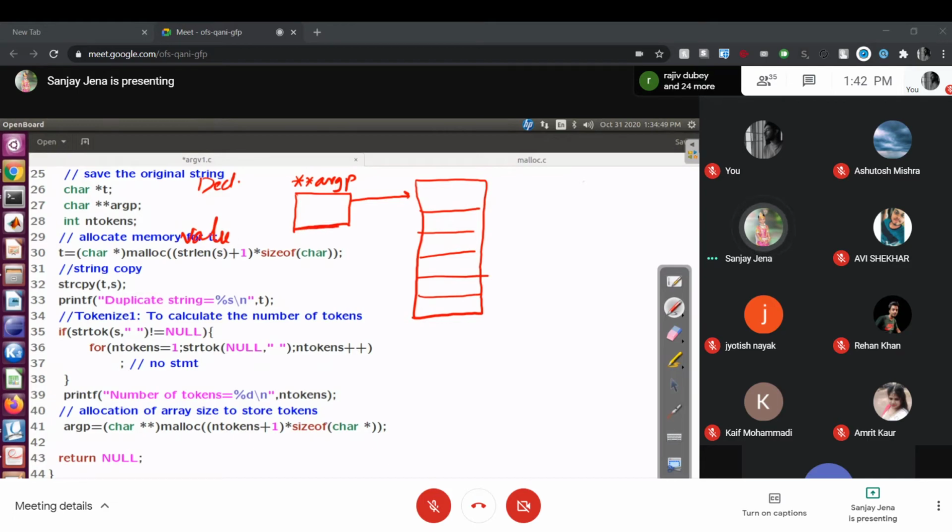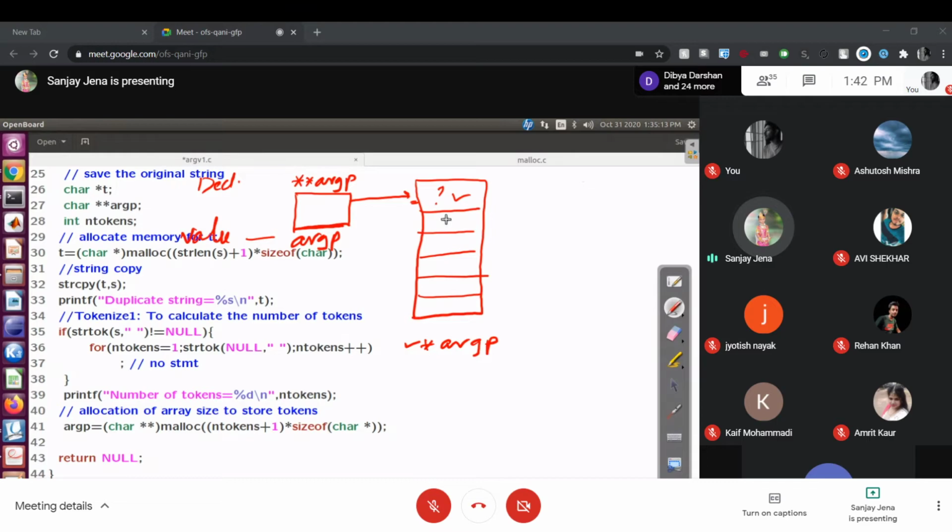Value at this. What is that? ARGP. Value at this location. How to write? Sir, which location? This location. Star ARGP. Very good. Star ARGP, this one.